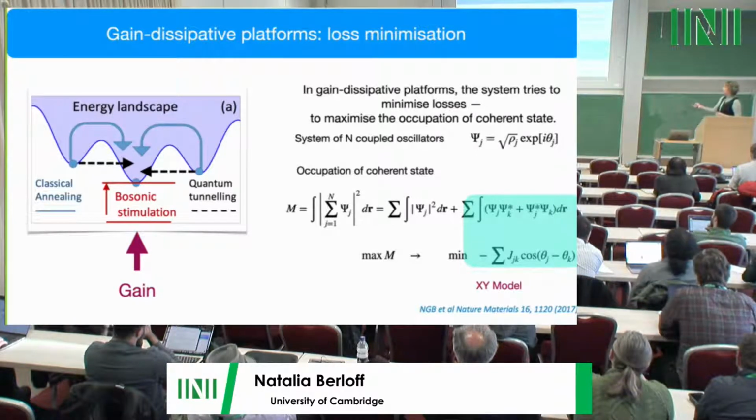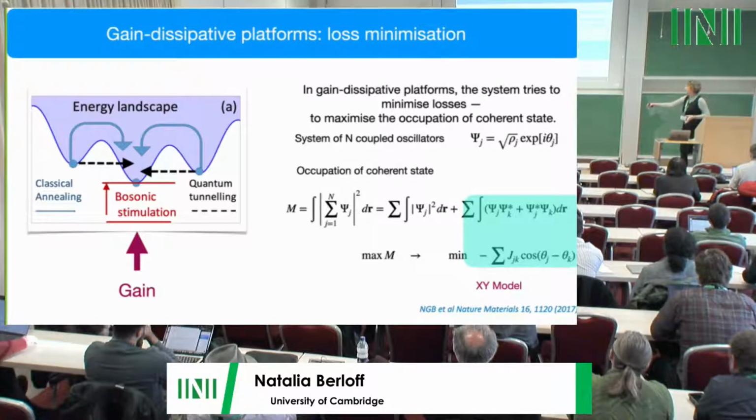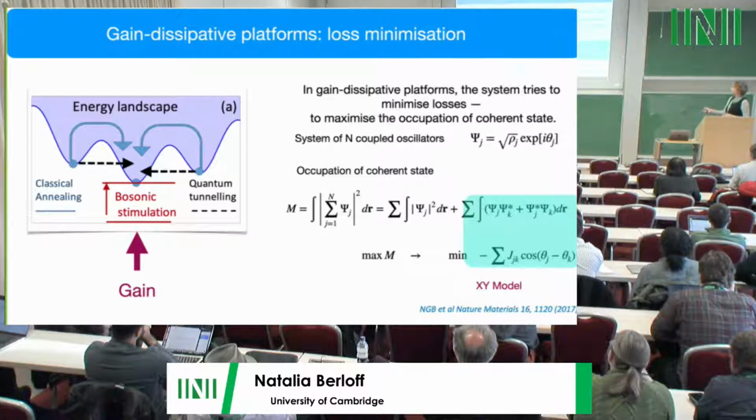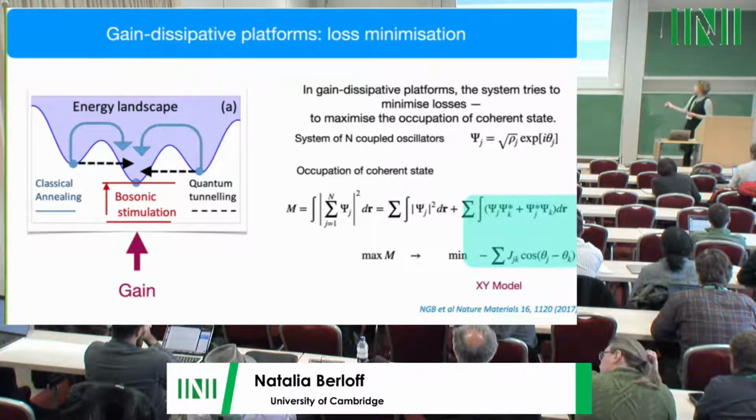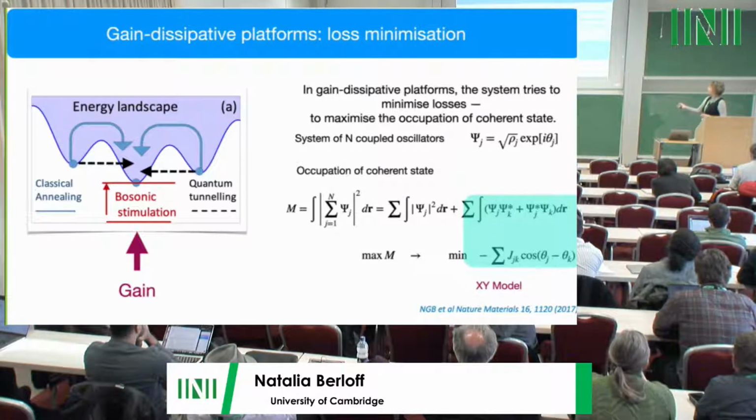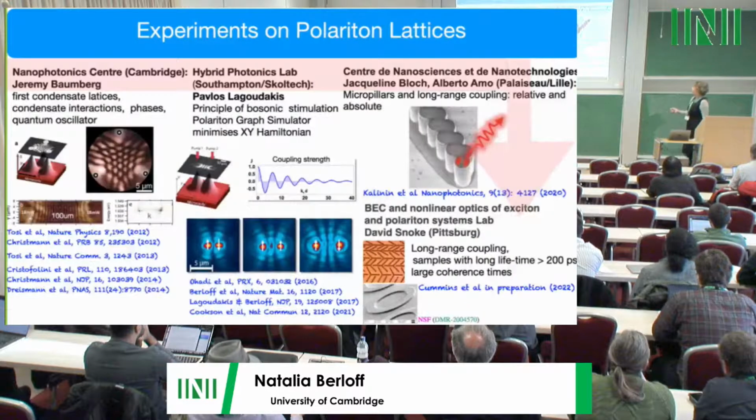And so if I approximate, this is like a zero-order approximation, these condensates by the sum of the individual isolated condensates, and then expand this, I have something that does not depend on the relative phase, and then I have the term that depends on the relative phase between them, and that gives rise to the XY model minimization. Okay, and so after that we went quite a path shown by this arrow.